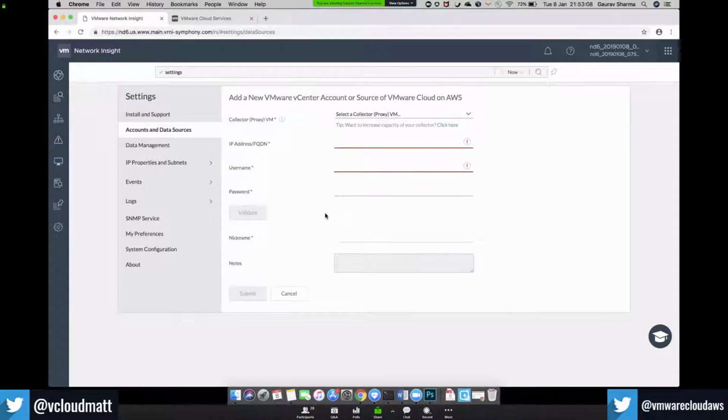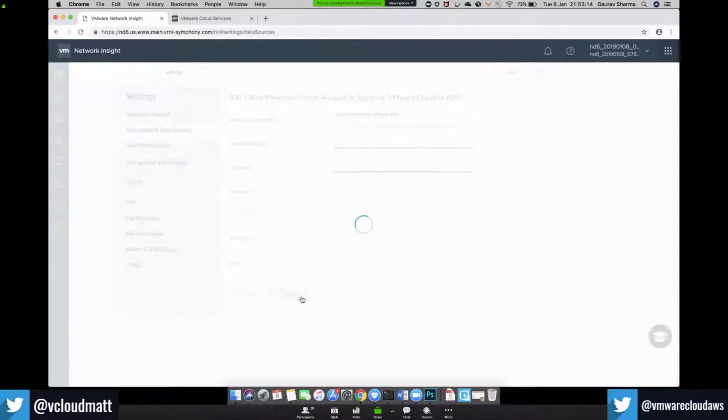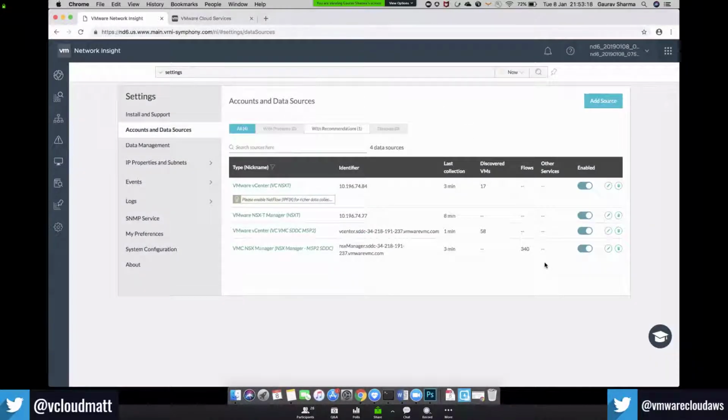Once that is done, you just submit it and the data source for vCenter is added. It's as simple as that. Once that has been done, the Network Insight collector will start collecting the different configuration data from the vCenter, like the virtual machines, the hosts, the clusters, all sorts of objects that you can see in vCenter. Their configuration and runtime data is collected